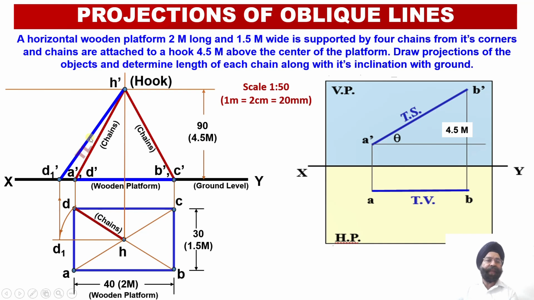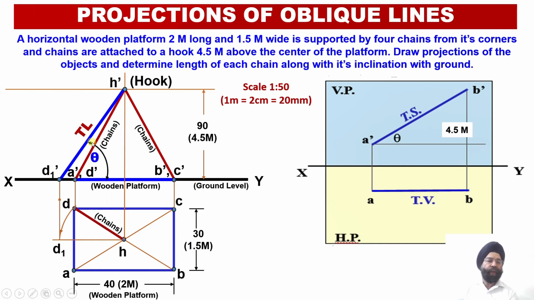Blue color line means that we have drawn the true line, and you can check we had drawn the blue color line while we were drawing the construction of this wooden block, because A, B, C, D in the top view was also representing the true shape of the wooden block, whereas the chain we had drawn with the red color means that this was the apparent length, right? So here we have marked h dash d1 dash as the true length,